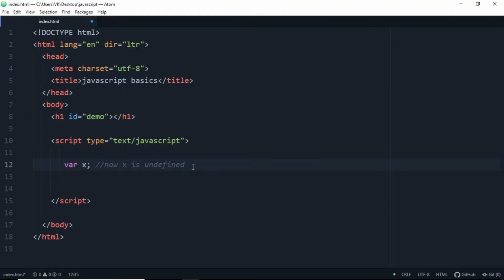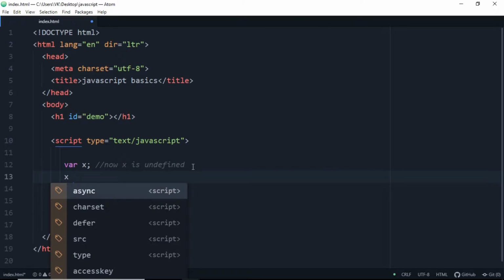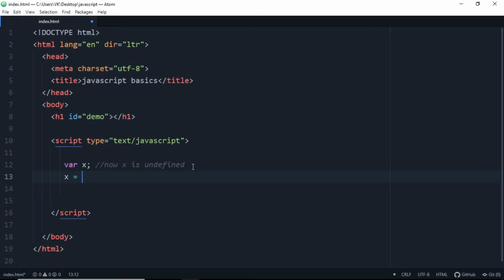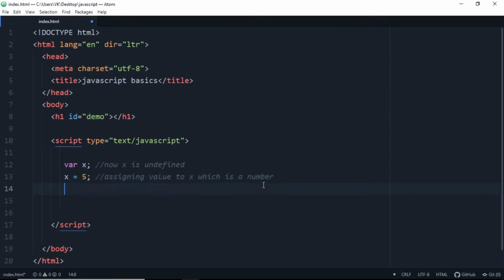So when you open this code a week later, you can see all this and understand all this. So let's write x equals 5. And again comment it out as assigning value to x. We assign the value to a variable by x equals, and the value which we want to assign to a particular variable. So x equals 5 and a semicolon at the end of each JavaScript statement. So we have this x here equals 5.